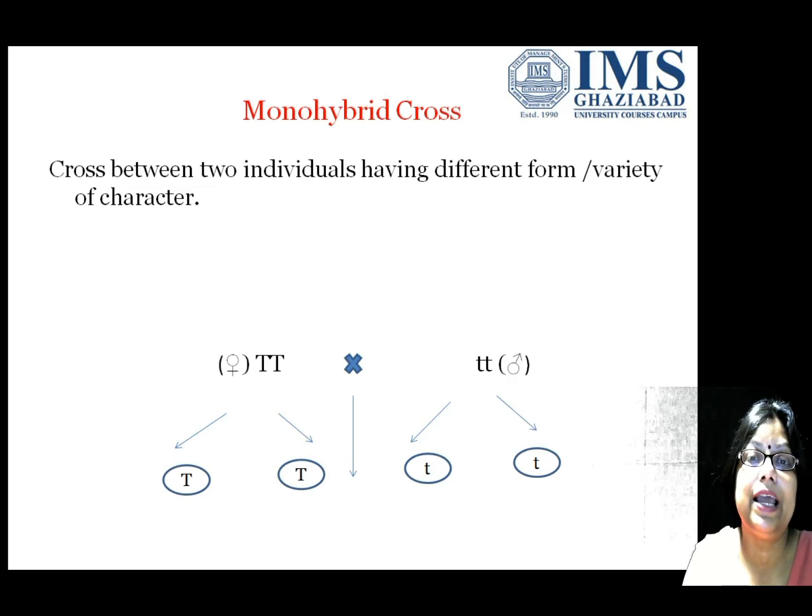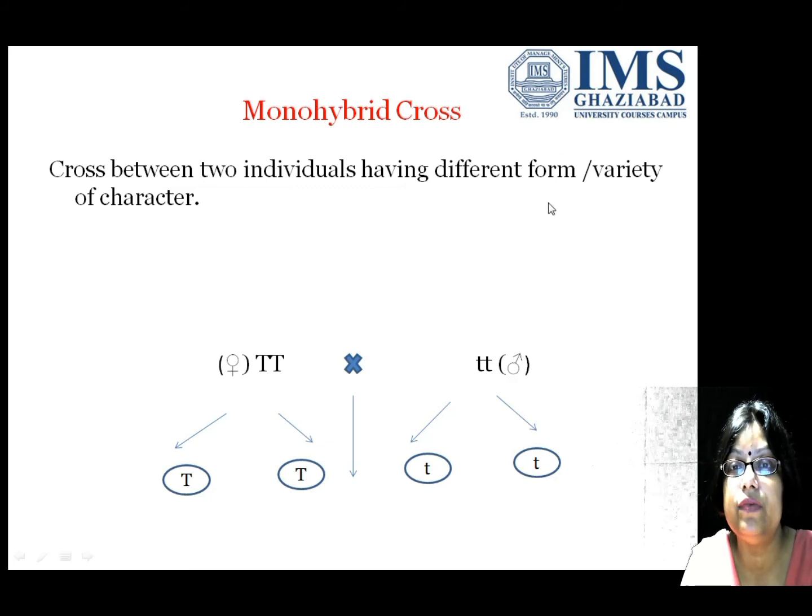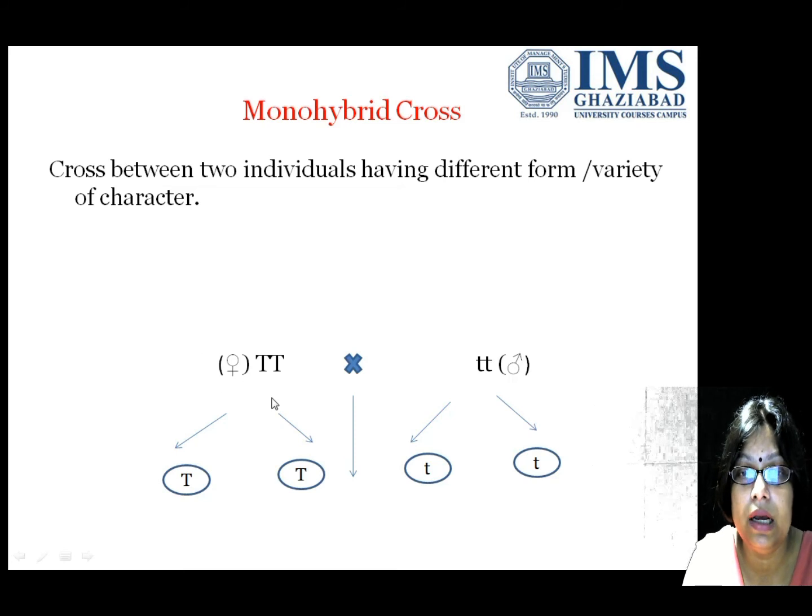Now, the monohybrid cross: a cross between two individuals having different forms or varieties of a characteristic. We discussed this example in our previous slides, where capital T is the homozygous tall and small t is the homozygous dwarf. The point is,